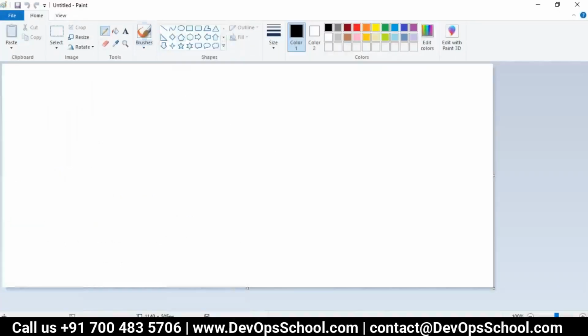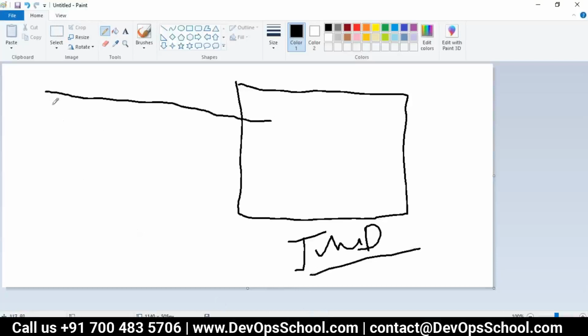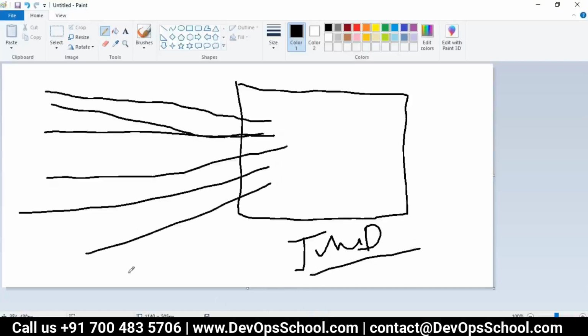For example, you have a jump server. Many people log in to the jump server, 1, 2, 3, 4, 5, 6, 10, 20. But these people do not have sudo access.